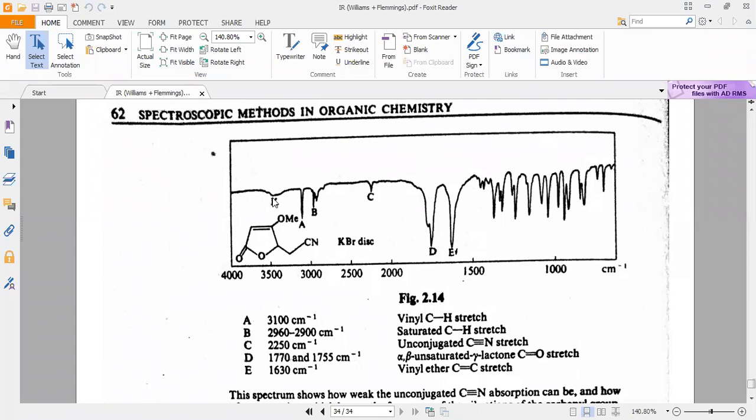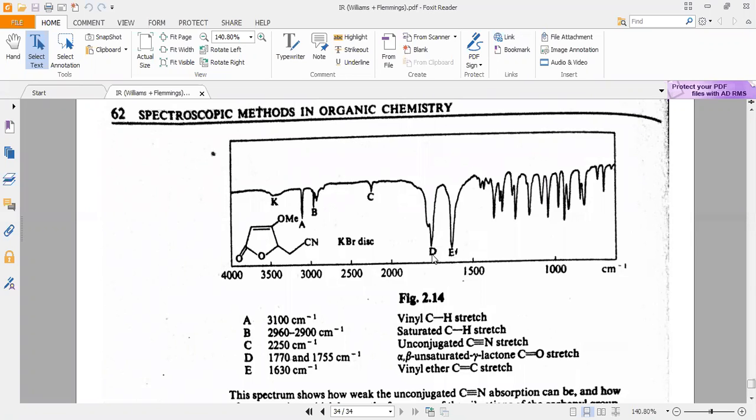In fact, look at here, this K which is present is due to moisture present in KBr. What this A is, this A is appearing at 3100, which is CH stretchings. And what is this B which is appearing around? These are all saturated, and this is vinylic, meaning sp2 hybridized carbon CH stretching is appearing at a larger value, and the other one is appearing at a lower value. And this one, C, shows the carbon nitrogen triple bond, which is 2250.